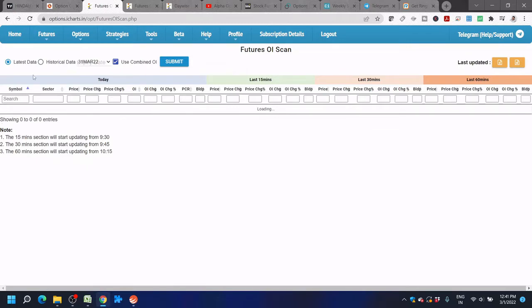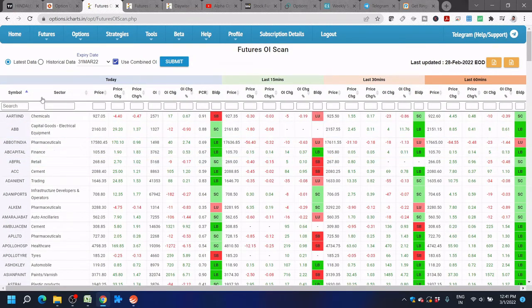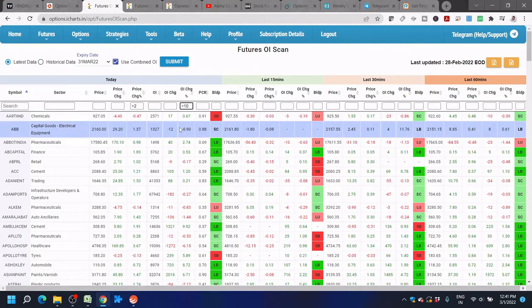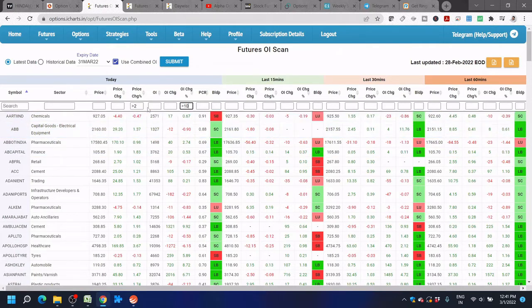Here we get to see all the stocks which are available in futures, and there are different kinds of filters given at the top. We are going to use a simple filter. We just take price greater than 2 and OI change percentage greater than 10. This is a very standard technique which you can use to scan for stocks which are giving a good breakout based on the volume, open interest and price change. When I click on submit,